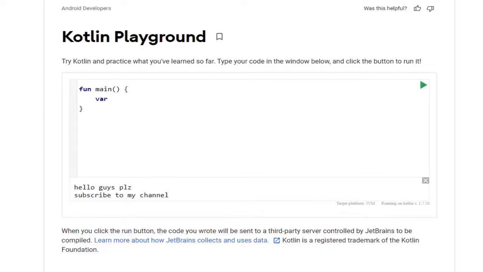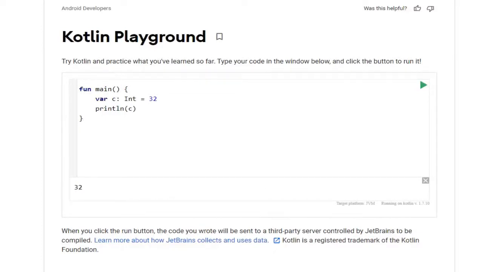So first, I'm going to assign the name of the variable, let's say C or something, and it is like int type variable. Integer is equals to 32. println C. When you run this one,